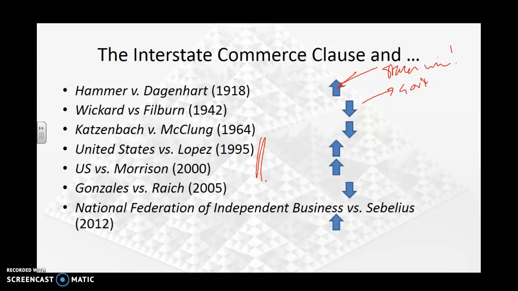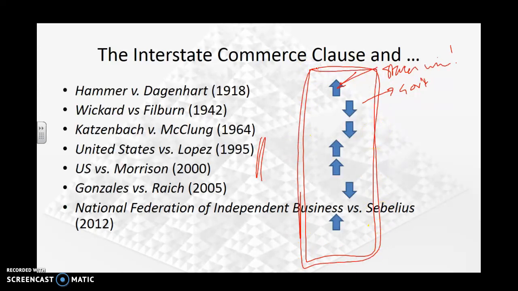But when it came to the Interstate Commerce Clause, the Supreme Court went out of its way to make it clear that though they were upholding this legislation, they were not doing it on the grounds of the Interstate Commerce Clause. So you can see here how the outcome of these cases, how the range of the Interstate Commerce Clause is essentially determined by the Supreme Court.